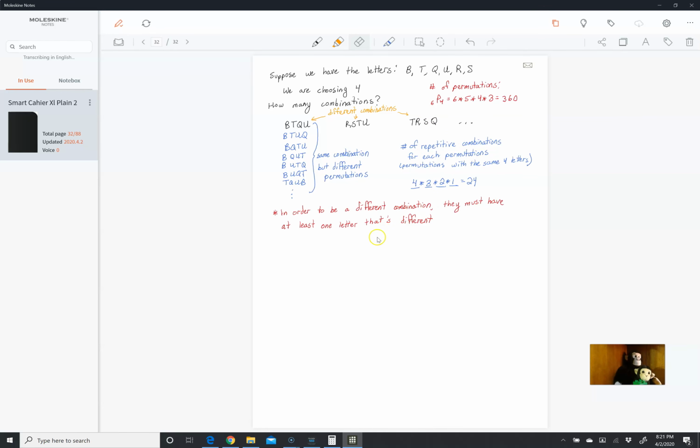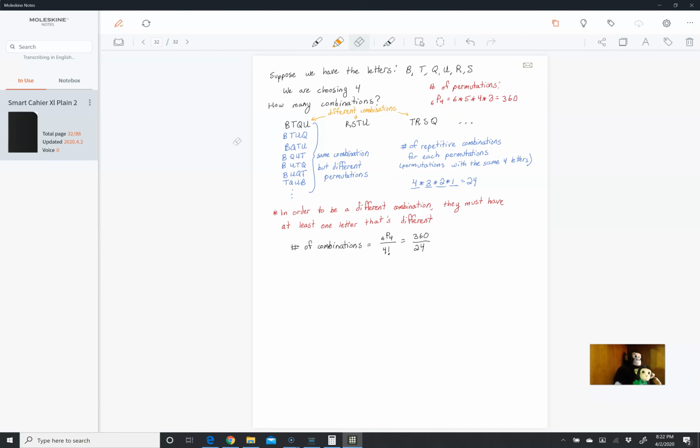So how do we deal with that? We're going to take the 6P4 and we're going to divide by 24. So the number of combinations is 6P4 divided by 4 factorial, or 360